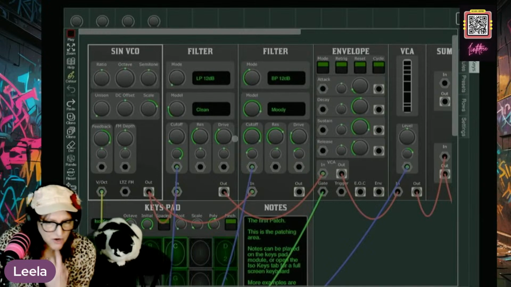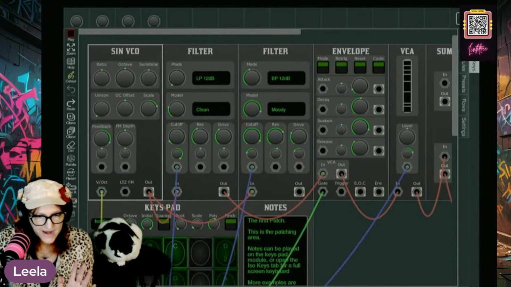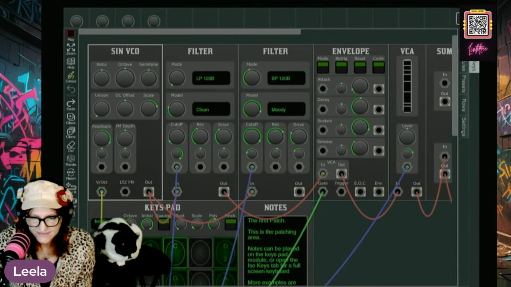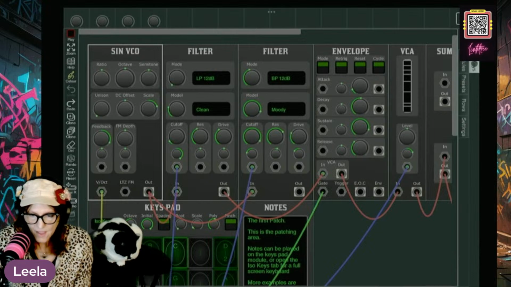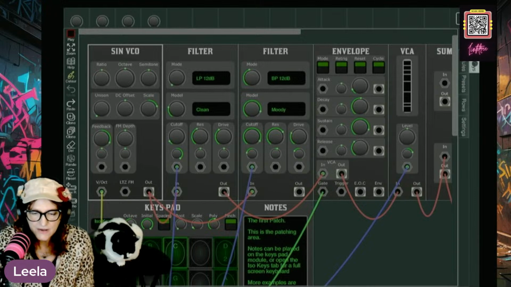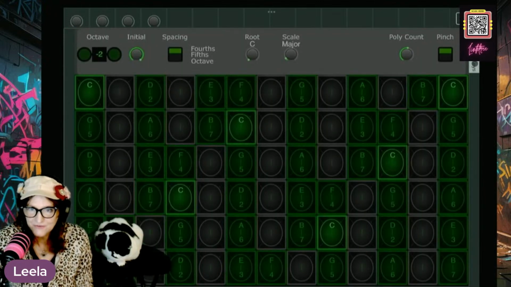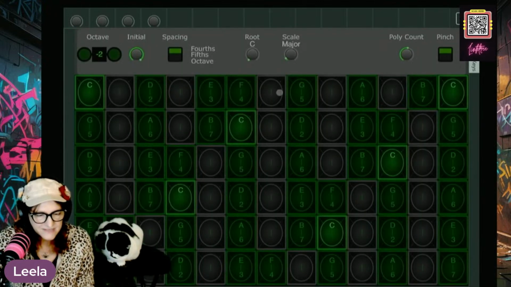All right, now let's start. Let's go to the right-hand side now. So this is the patch view. And underneath, all the way to the right here, if you have a performance screen, you can make that full size. So these are those keys. I'm in standalone, my dear.